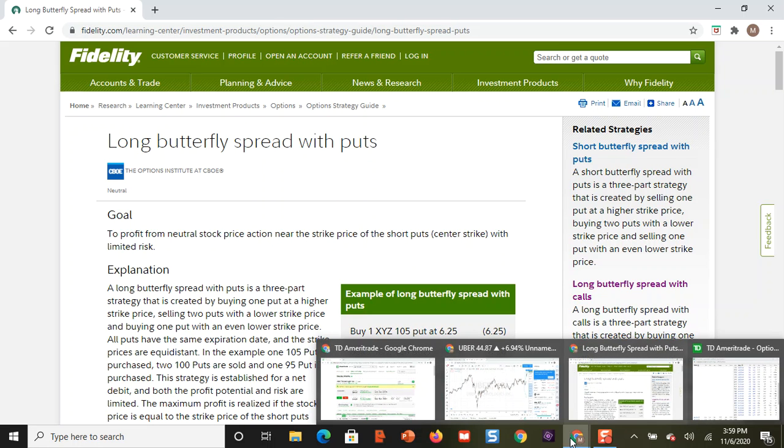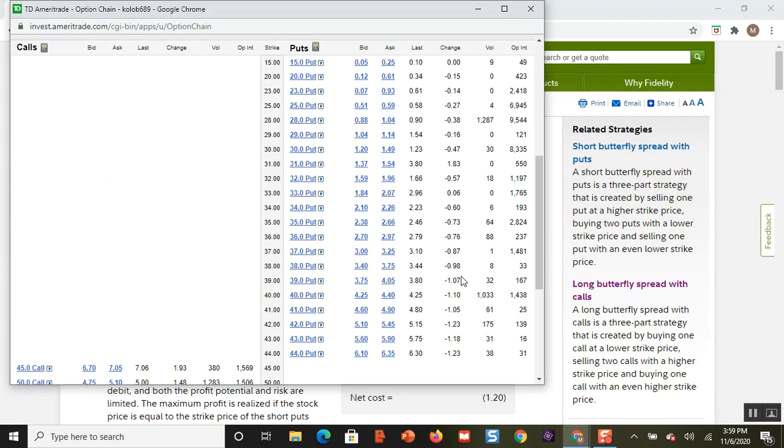And so the basic idea of an option butterfly is you are basically buying two puts or more, and you are selling the same number of puts. And you have the outside, which is the upper limit and the lower limit, the 40 and the 30. And then you have the middle part, which is 35. Okay, so try not to get too hung up on the terminology and the memorization as long as you understand